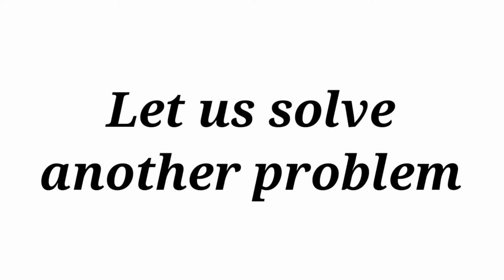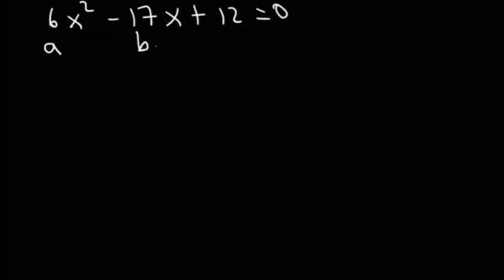Let us solve another problem. 6x squared minus 17x plus 12 equals 0. A is positive 6. B equals negative 17. C is 12. X equals negative b plus or minus the square root of